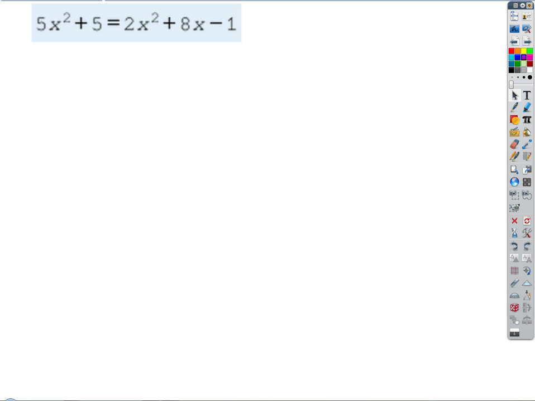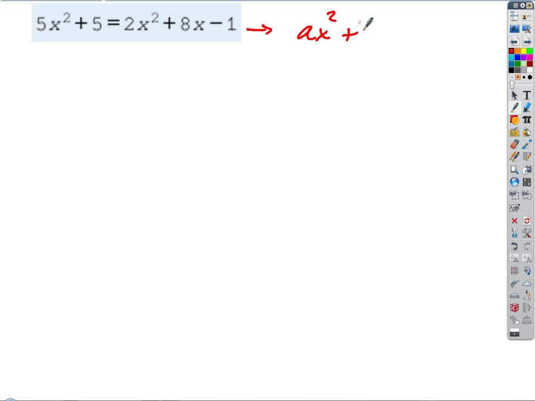Subtract 2x squared and add it to 5. Okay, subtract 2x squared. What else, maybe? And then subtract 5. So, our goal is to put this into, remember, what's called standard form for a quadratic equation, which just means it's all set equal to what? 0, right? So we want to get this to look like